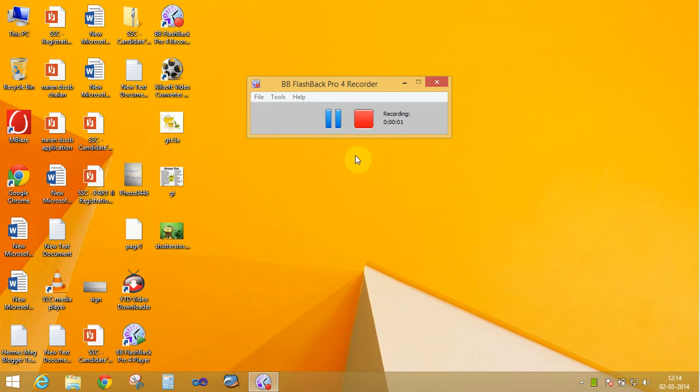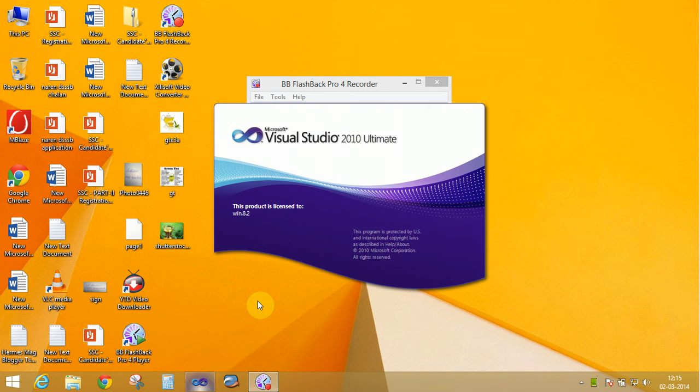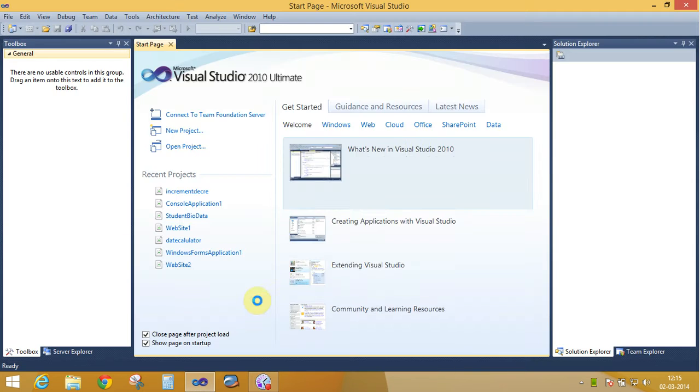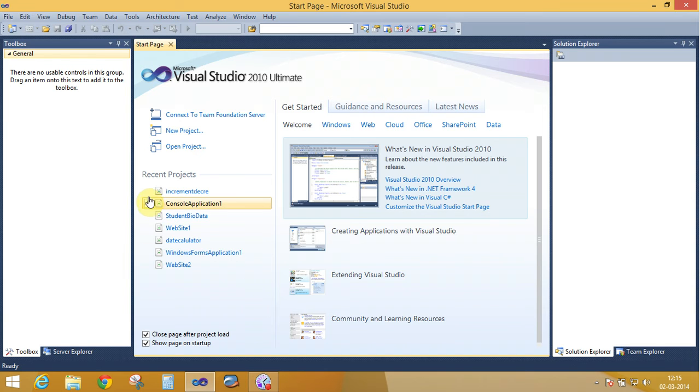Hello, good evening everyone. Today we will learn operators in expressions. There are several operators existing in C sharp, like unary positive and negative, and arithmetic operators such as plus for addition, minus for subtraction, and modulus. So how do we use the operators in C sharp in a console application?